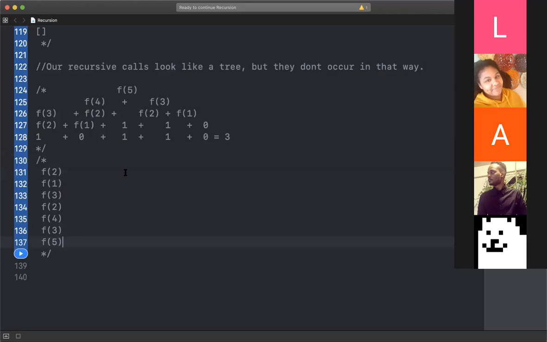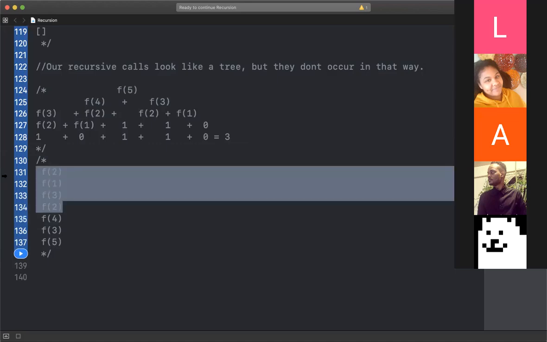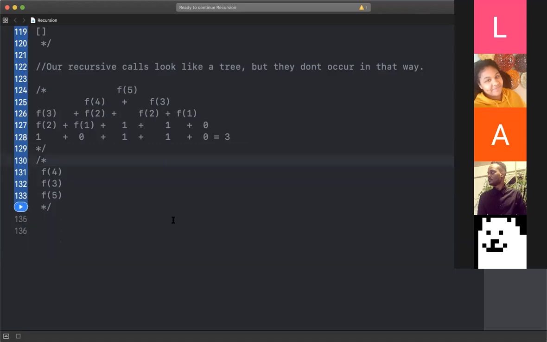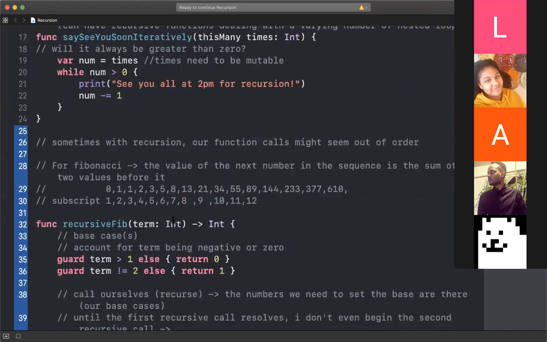Explain one more time. So on line 137, it's calling f of 5 first, and then it's adding 136 after. Why is it f of 3 and not f of 4? Because that's a great question, and it's literally because of the way we wrote it. So check this out. I said that